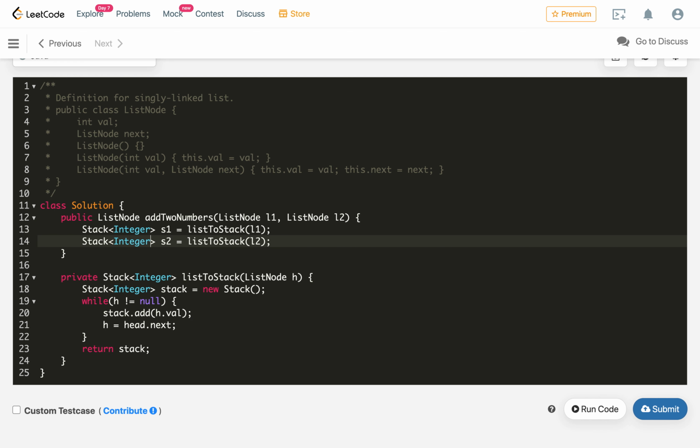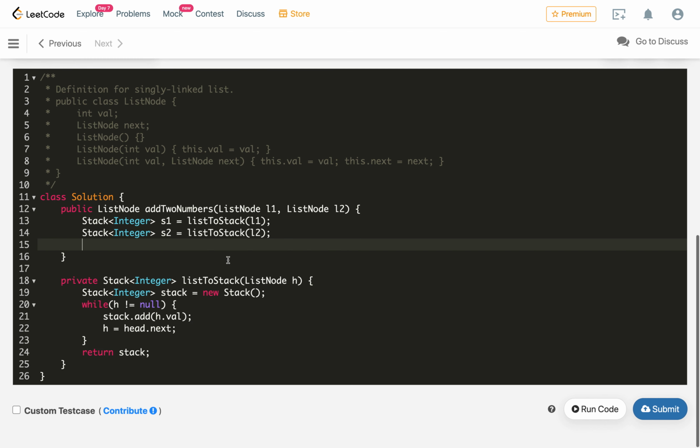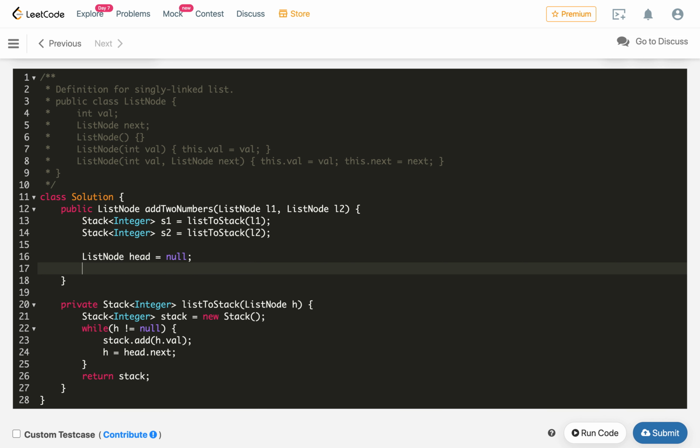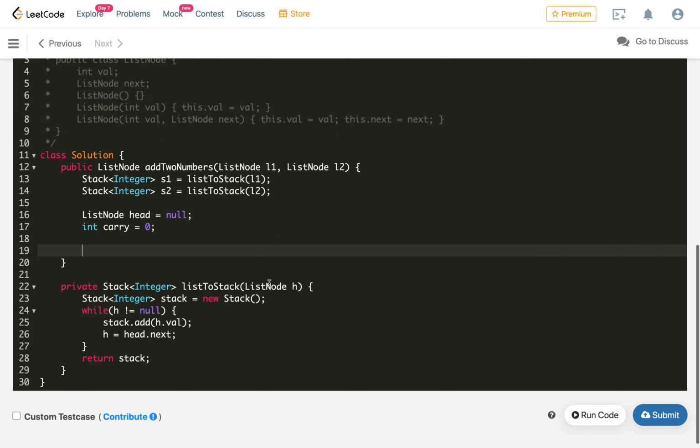Now once we have the two stacks, let's say we define two things: first a list node as head, that will be the head of our resultant list, and also a carry variable that we will use. So now what we will do, we will run this until stack 1 is not empty or stack 2 is not empty, or, for the last case, we also add here, or the carry is not 0.